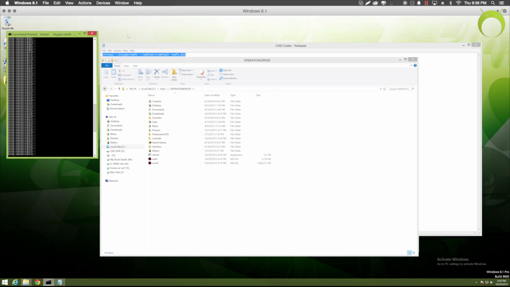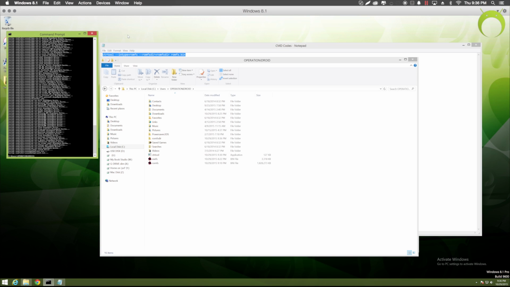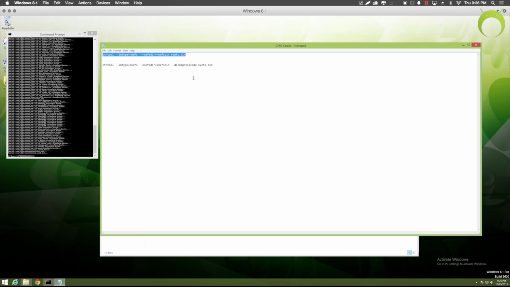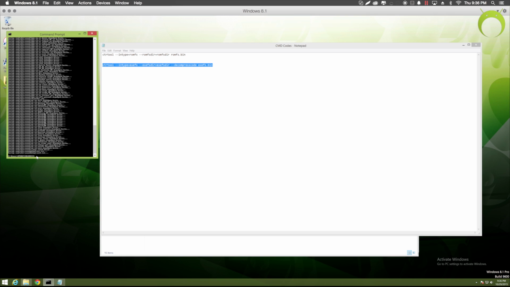Once you hit enter, it'll give you a whole ton of stuff, and it's gonna take about 10 minutes for it to finish. And once it's done, you'll know it's done because it says C user operation iDroid or whatever your command prompt is. And then you're going to copy the second command that was in that same text file, paste it, and you're going to hit enter. This one should only take about a minute.